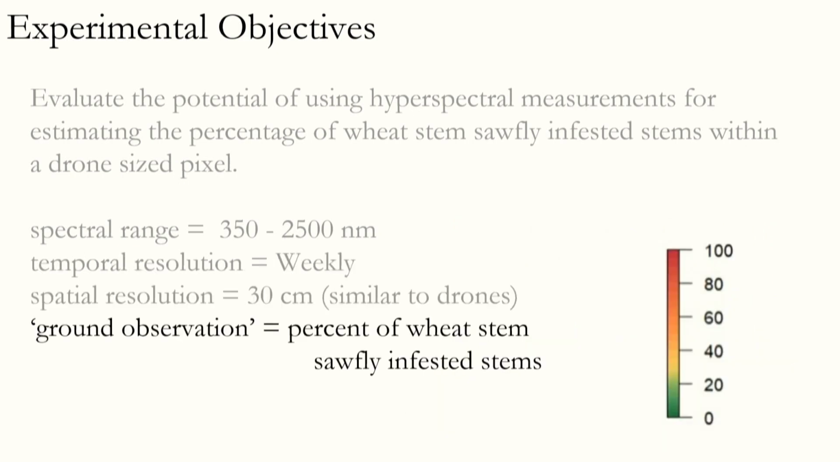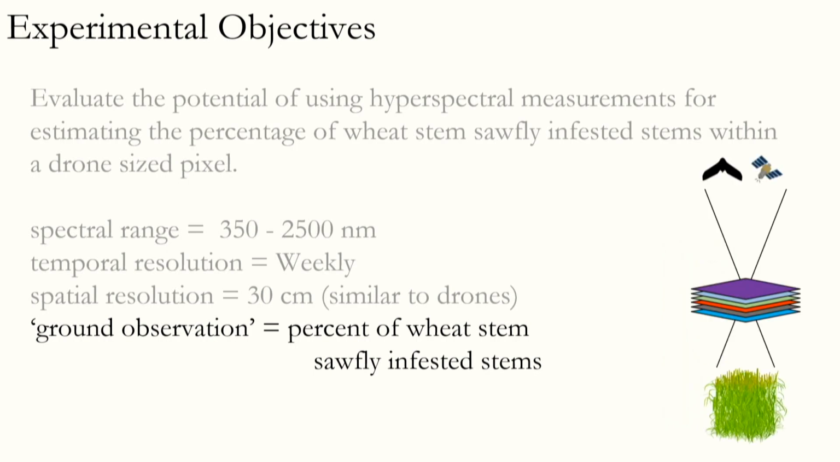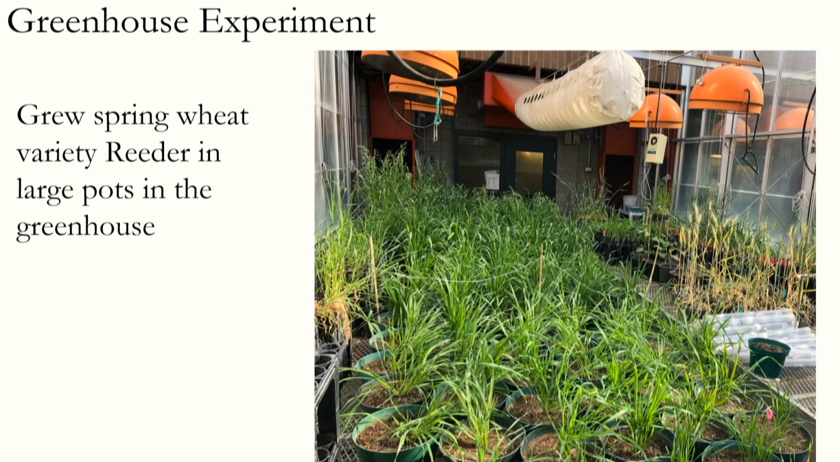And so for my ground observations, I was thinking about infestation as a percentage, or within each pot, how many stems were infested by sawfly. The reason for that is when we think about what these pixels look like or what they're capturing, it's an aggregation of everything within that pixel. So I think it makes the most sense to think about it as the percentage of infested stems within a pixel. So to do that, we grew wheat in the greenhouse, and we used the spring wheat variety Reeder, grew